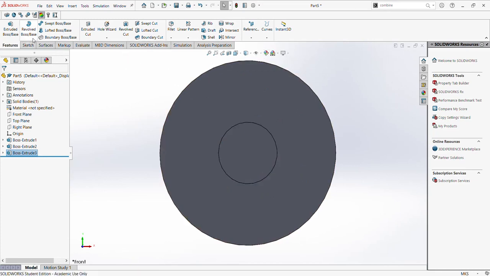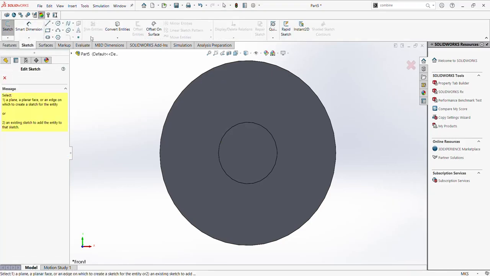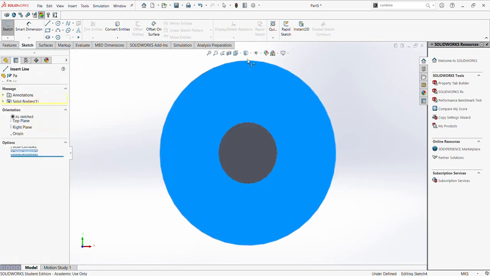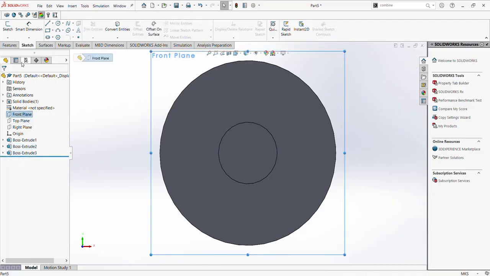So we're gonna make first a center line, and always remember to choose your plane, edit sketch for your sketch so you don't mess up between your other drawing,